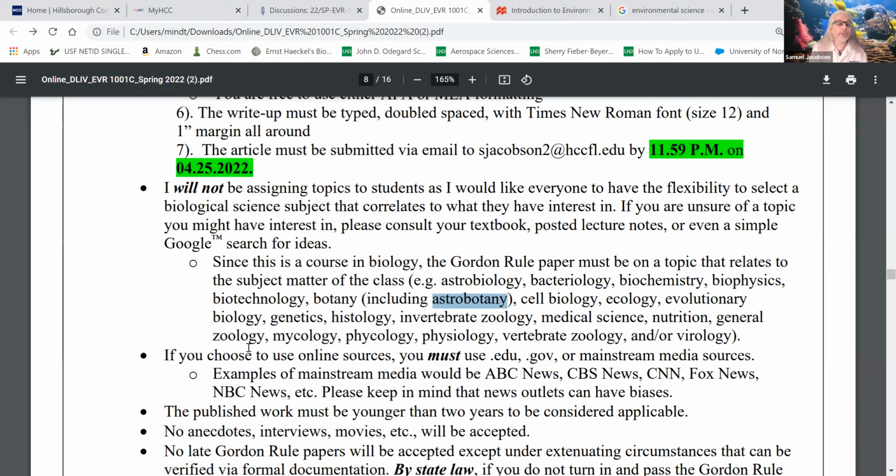Cell biology, ecology, evolutionary biology, genetics, histology, invertebrate zoology, medical science, nutrition, general zoology, mycology, phycology, physiology, vertebrate zoology, or virology. Here's a lot of general areas. Then go and see if you find anything related to environmental science. This does not have to be difficult. For example,